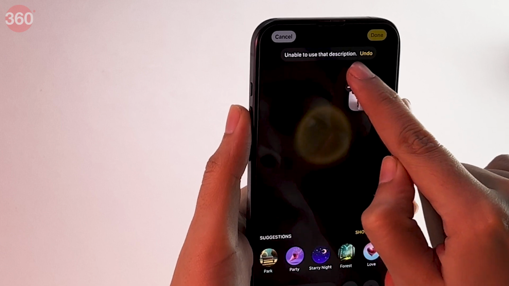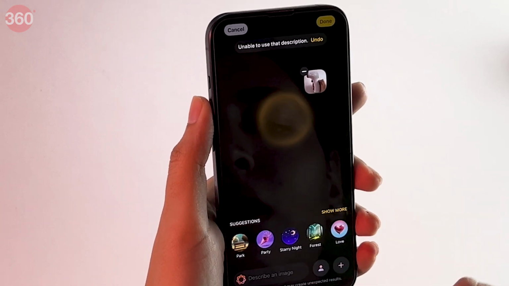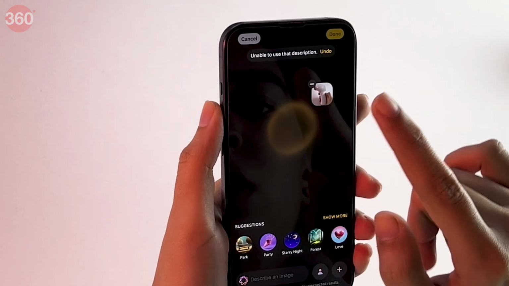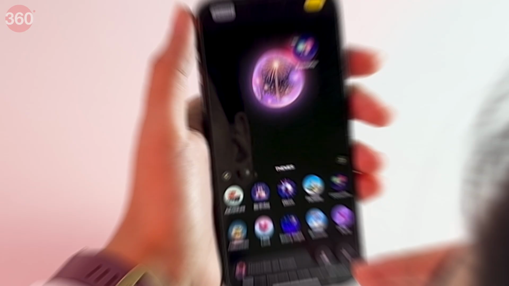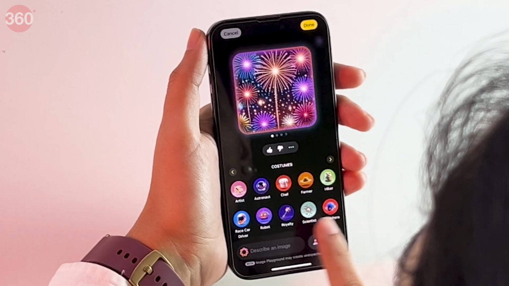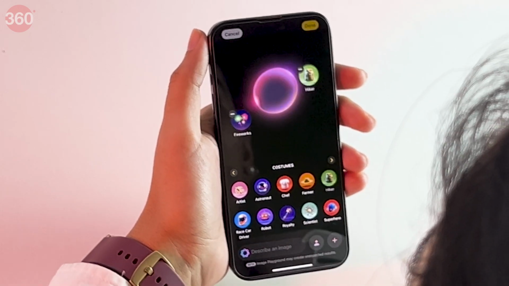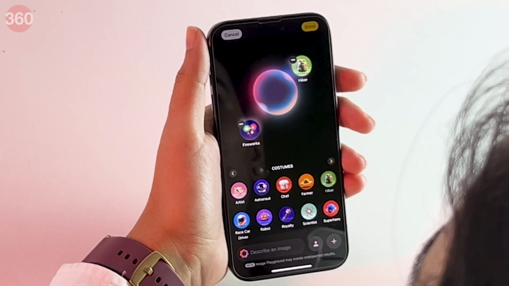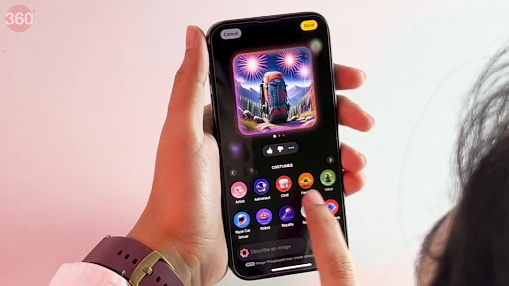So I can say that Apple has clearly put a lot of effort into making sure Image Playground doesn't create inappropriate images. They have also mentioned that they will keep improving it, but since it's still in beta, there might be some surprising results now and then. So I can say that Image Playground is a fantastic feature and it's perfect for anyone looking to get creative, make fun images, or communicate in a fun way.